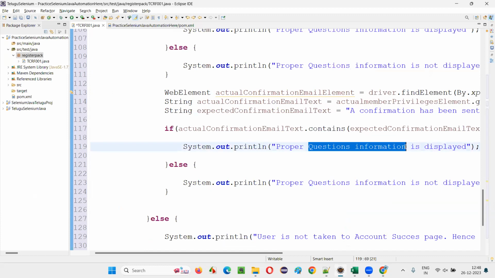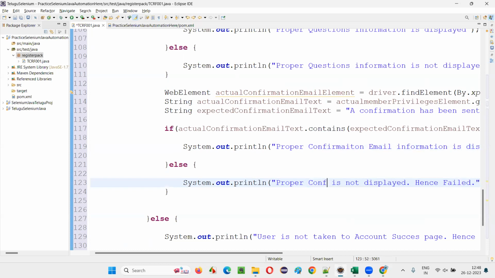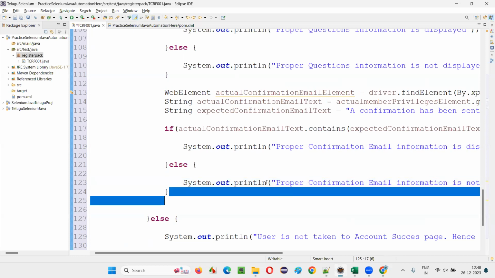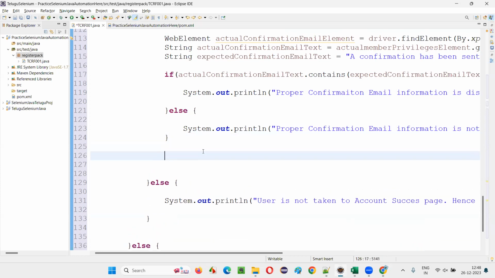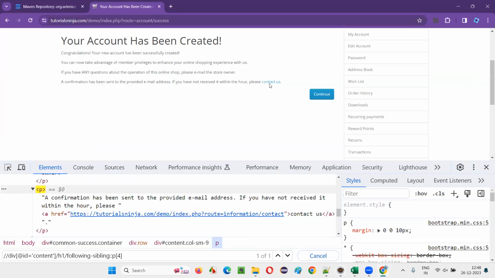And here I'll say proper confirmation email information. Confirmation email information is displayed or not, proper confirmation email information is not displayed. Okay, like that I'll write down. This is also done. Okay, then one more thing I have to verify is contact us link should be available,